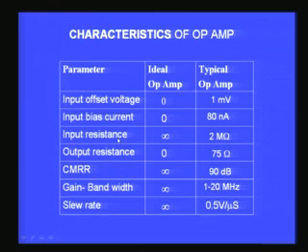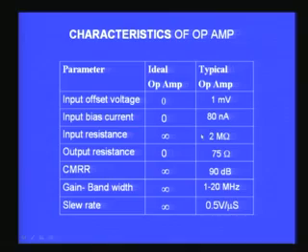So, you can choose a very low bias current operational amplifier for special applications, but in a typical 741 case it is around 80 nanoamperes. Nano means 10 power minus 9 of an ampere, and it is a very small value for all practical purposes. Then if you look at the input resistance, you can see ideally the input resistance of a voltage amplifier should be infinity. We have seen it several times, so that the input source will not be